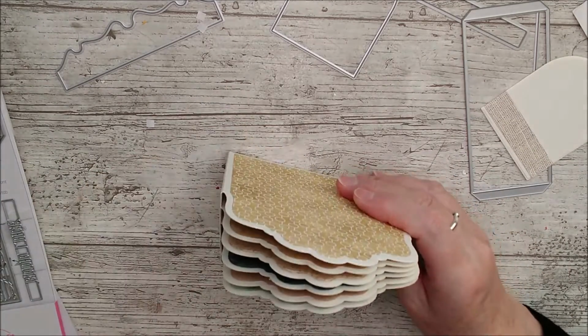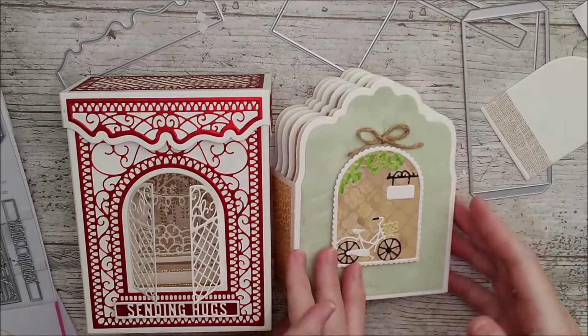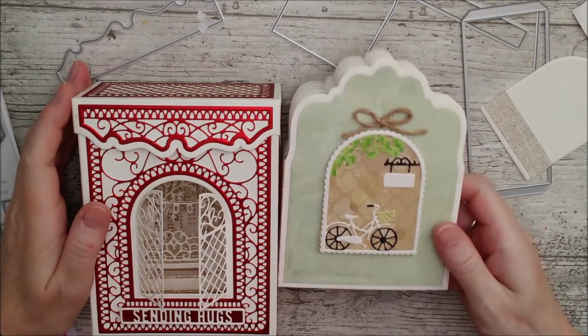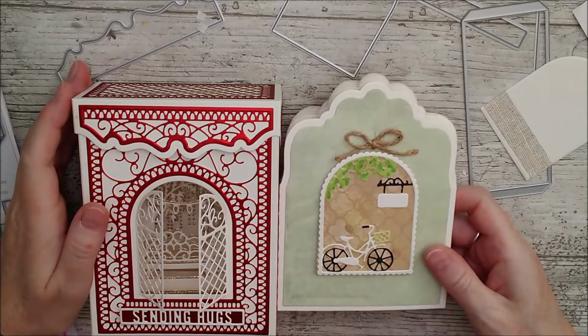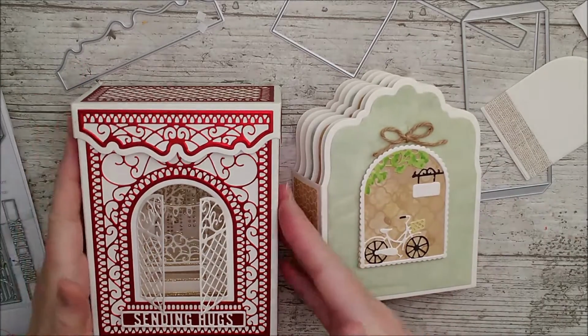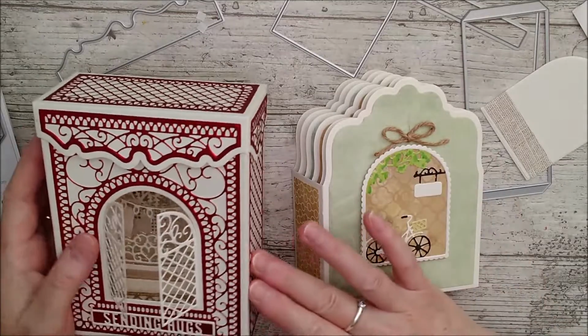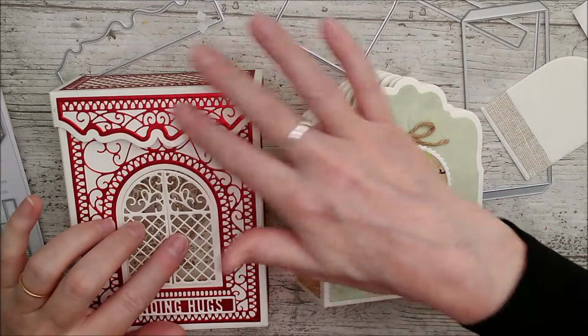Now earlier on, when I made this box, I suggested that you could make a plain box to put this in. Now I don't actually have time to do that just at this stage. I might do it at a later stage, but for now I just want to suggest that you use the plain dies without all of the detail. You could actually add these on in a different colour, but you don't necessarily need to add all the